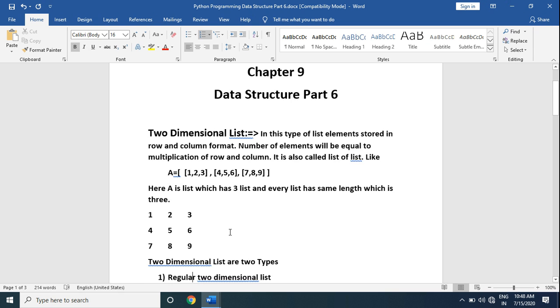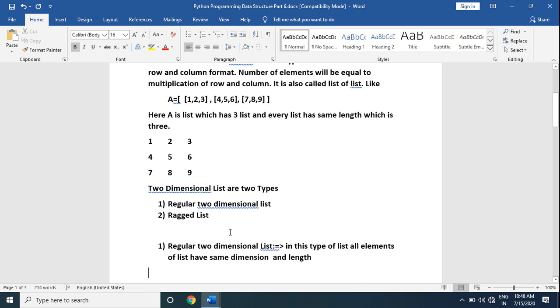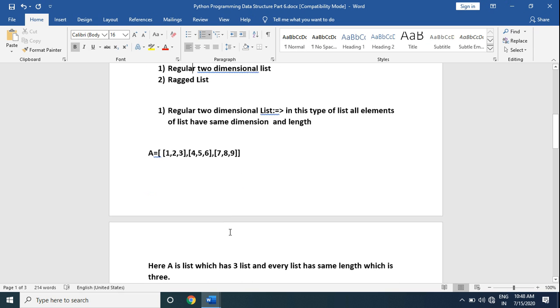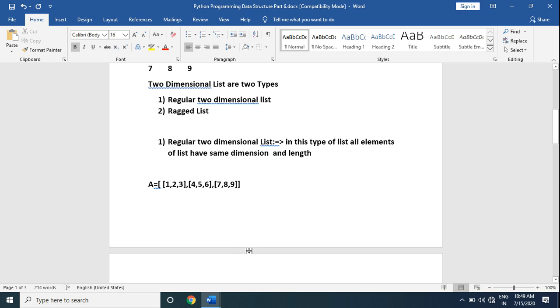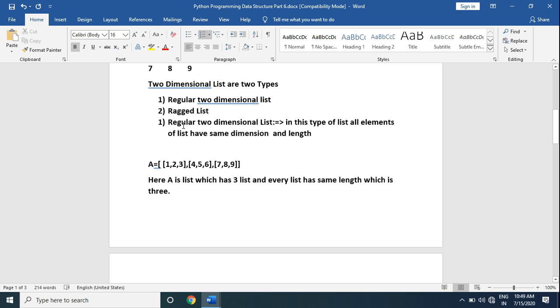Generally, two-dimensional lists are of two types: regular two-dimensional list and ragged list. First is the regular two-dimensional list. In this type of list, all elements of the list have the same dimension and length.